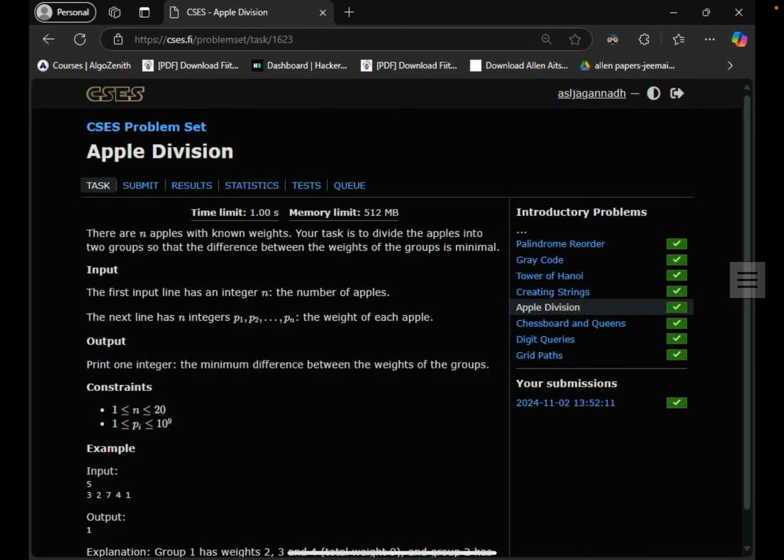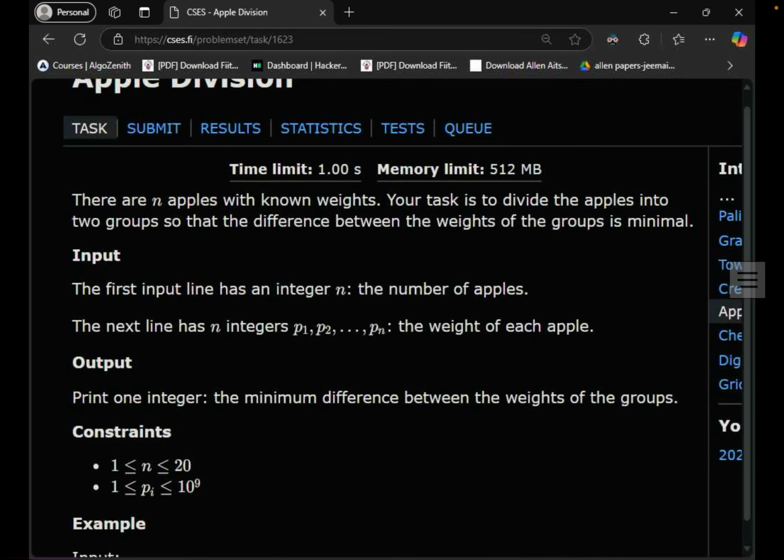Now apple division. Here there are n apples with known weights. We are having n apples. Your task is to divide the apples into two groups such that the difference between the weights of the groups is minimal. Here what we will be doing is that,